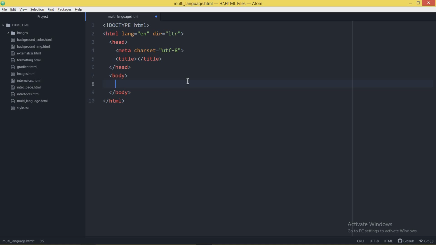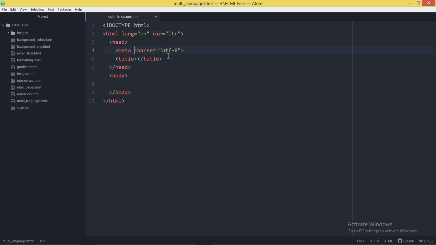In my further videos I will make videos about this meta tag, how you can use it for redirecting a page, for responsive web pages, and for search engine optimization. Now in this video I am going to use this meta tag for multi-language support. You can see meta is a tag, charset is a property, and UTF-8 is a value. Do you know what UTF is?